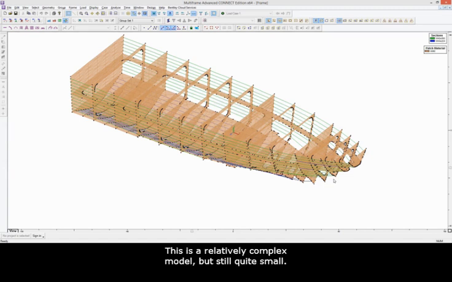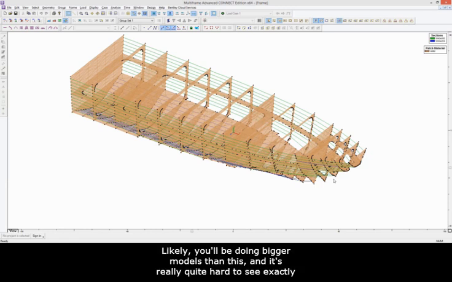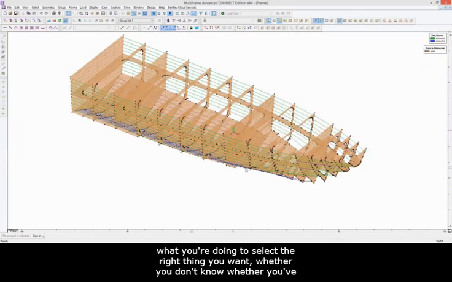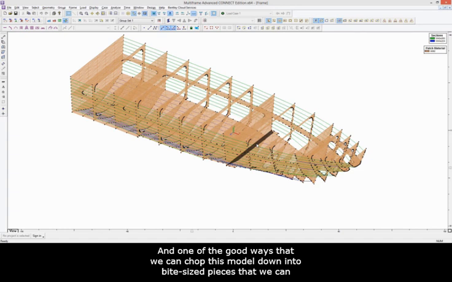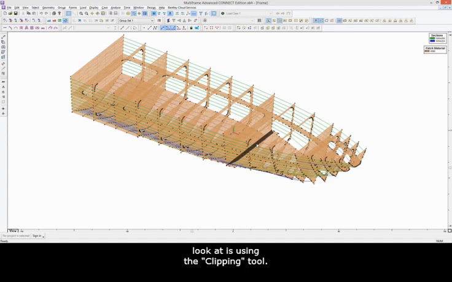This is a relatively complex model, but still quite small. Likely you'd be doing bigger models than this. And it's really quite hard to see exactly what you're doing to select the right thing you want. You don't know whether you've clicked a deck or that bulkhead it attaches to. And one of the good ways that we can chop this model down into bite-sized pieces that we can look at is using the